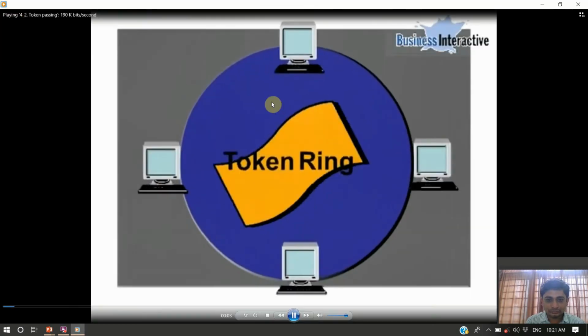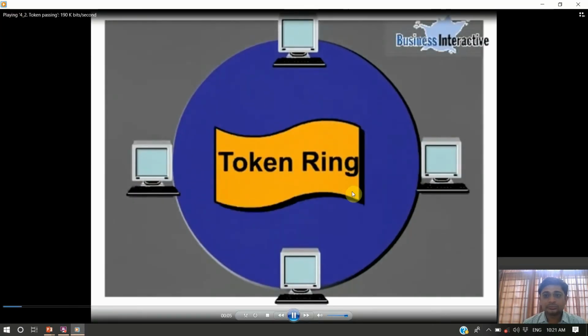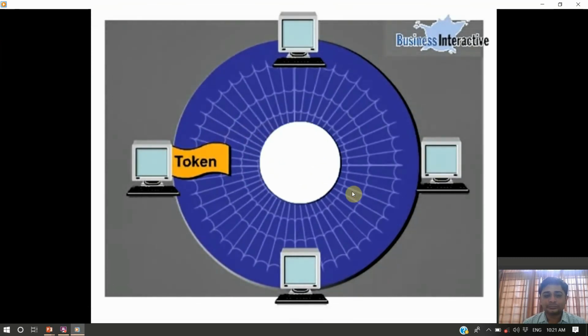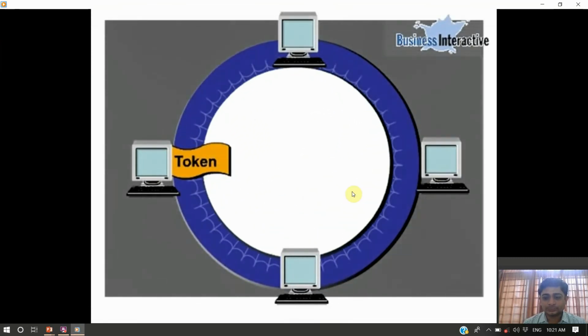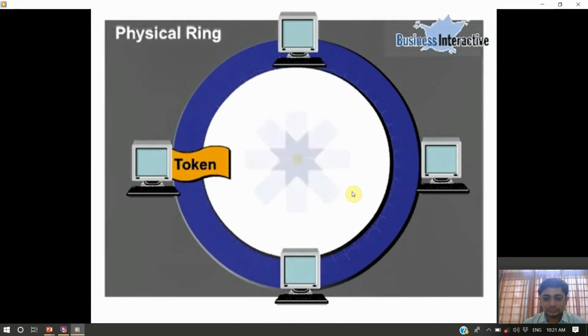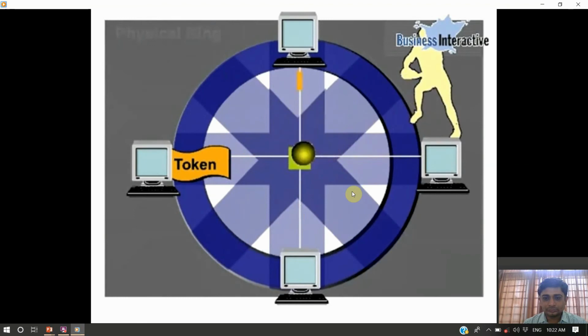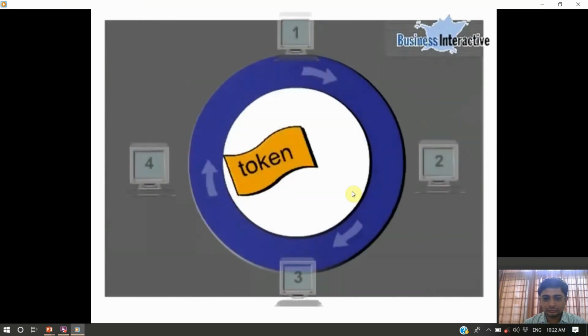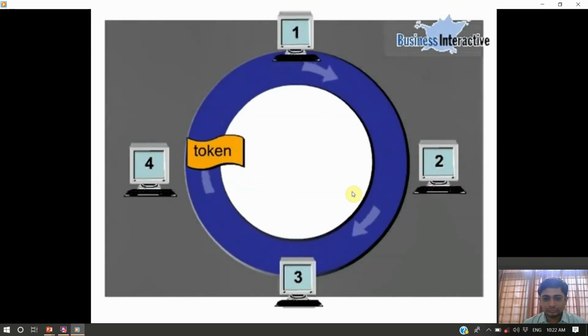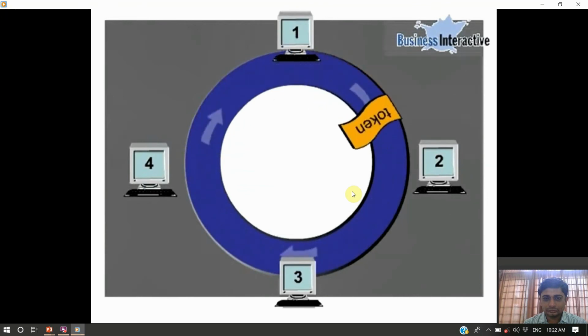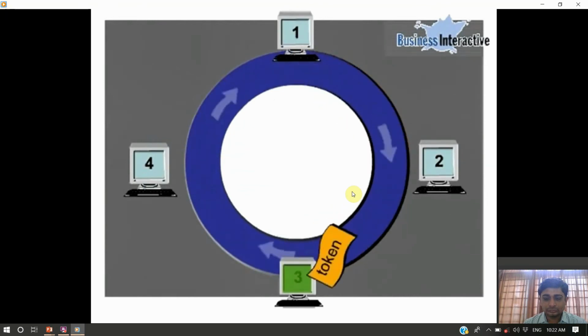Token ring is another technology of the link layer. Token ring networks are implemented as a ring topology. This ring is also called a logical ring. The physical topology of a token ring network is star-shaped, with all computers connected physically to each other. The access method used in a token ring network is known as token passing. A token is a specific bit sequence which is passed around the network. Only the computer that holds the token can transmit data.